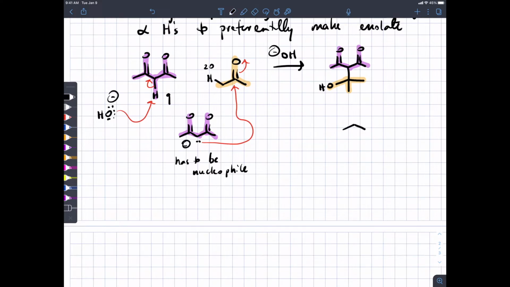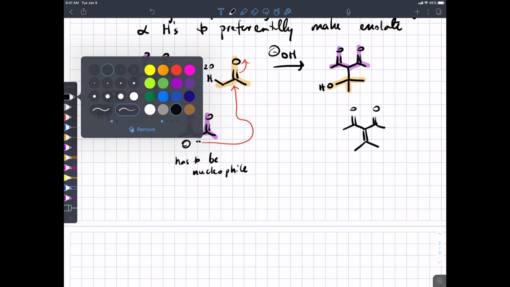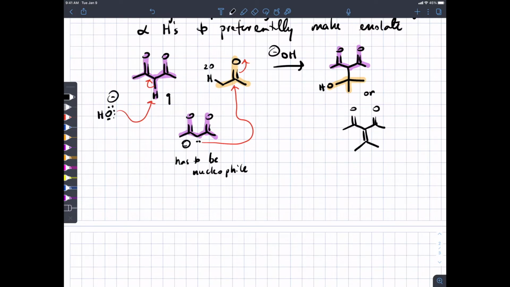I suppose if you want, we can draw the alpha beta unsaturated carbonyl compound as well, which is also an acceptable aldol product. Okay, so there's no risk here of self-aldol of the orange molecule with itself